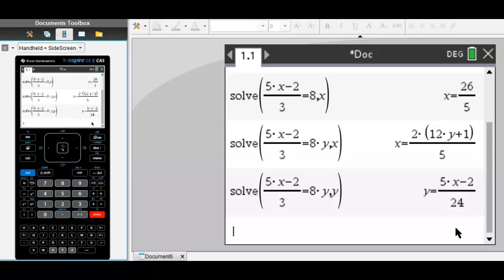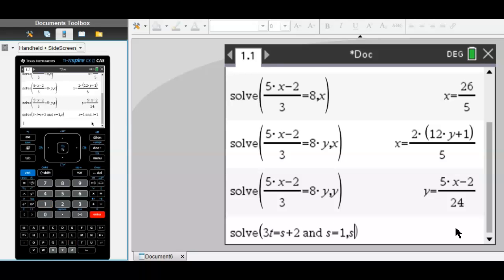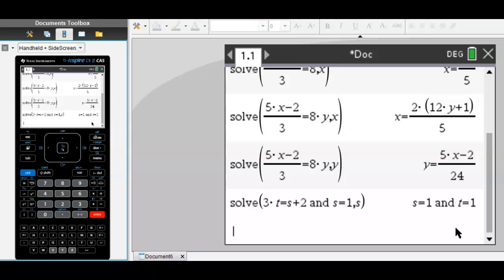Now, in simultaneous equations, there's many ways of doing it on your calculator, but I'm just going to show you two. Now, I always like solve, because you can always put in any equation. So let's say we had 3t equals s plus 2. So that's one equation, and let's say our other equation is s equals 1. And we're solving for, and you only have to type in one of those variables, so comma s, so t equals 1, s equals 1. Now you could do it this way,